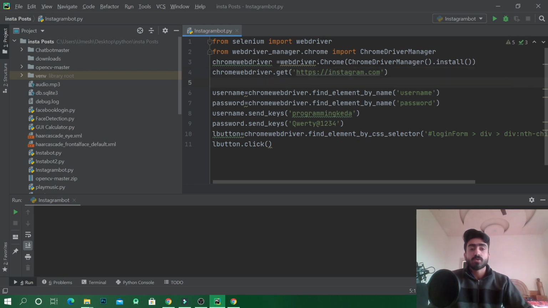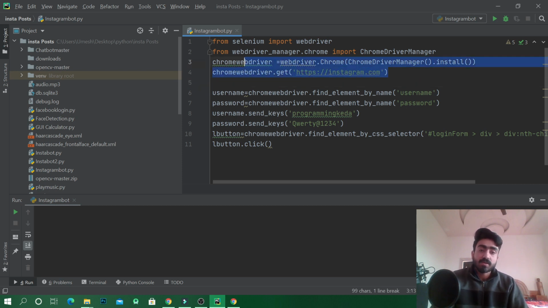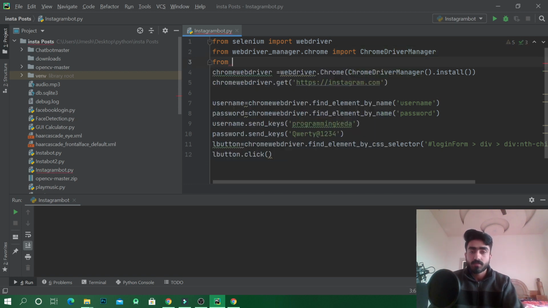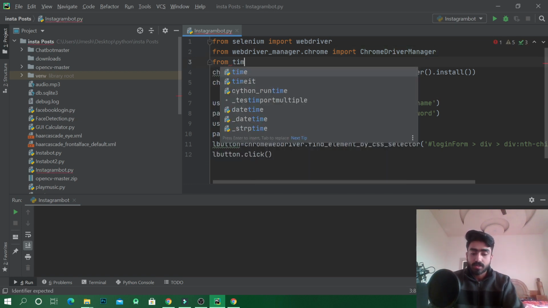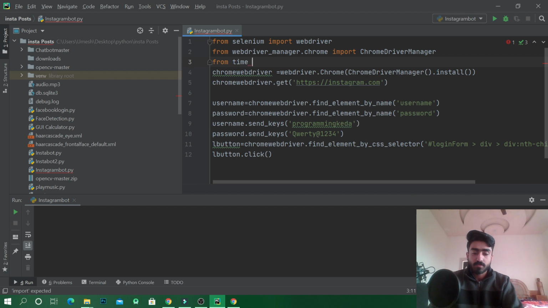So what we can do is make our program sleep so that our Instagram web page is fully loaded. Then we will search for the username element. From time we'll import sleep.